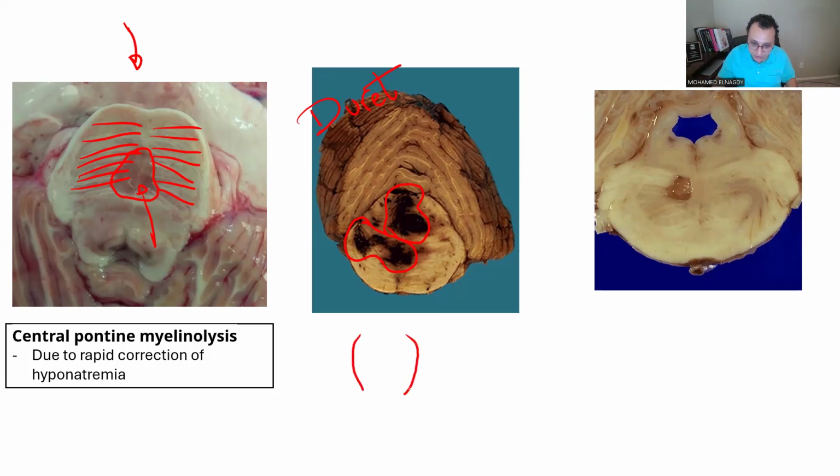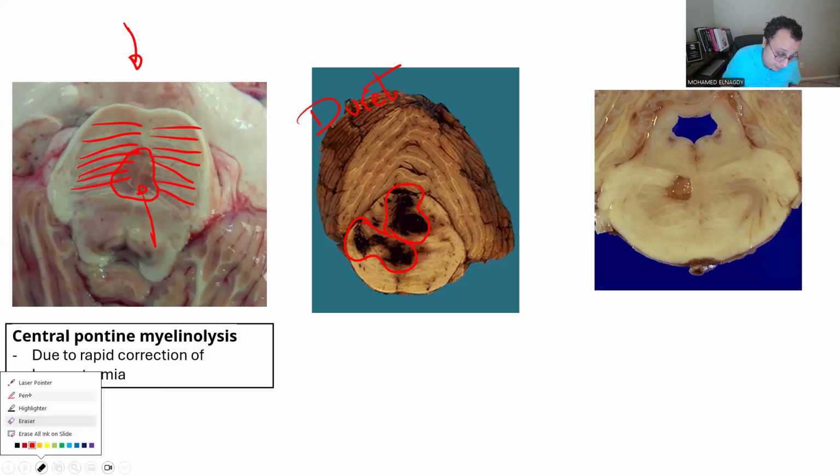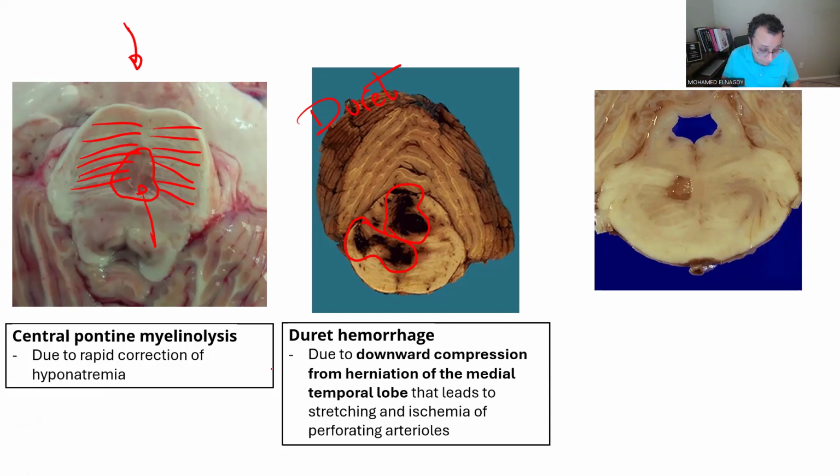The basilar artery goes up from the vertebral and gives perforating branches, small, delicate vessels that enter the pons and supply blood. When the pons is rapidly displaced downwards, this might tear these small vessels and lead to an intraparenchymal pontine hemorrhage. This is called Duret hemorrhage, and it might lead to very bad